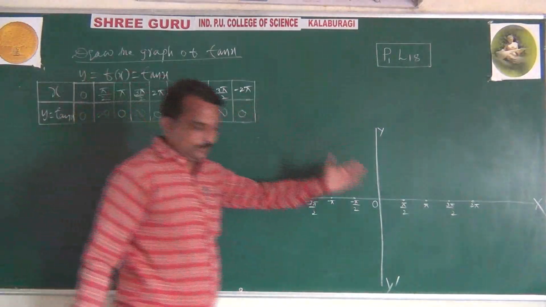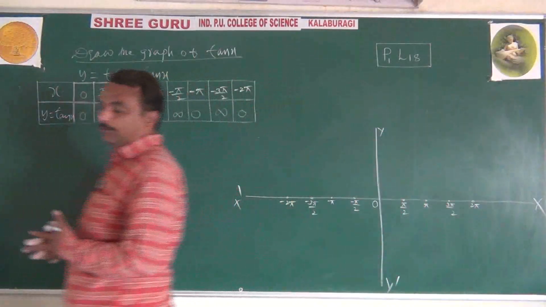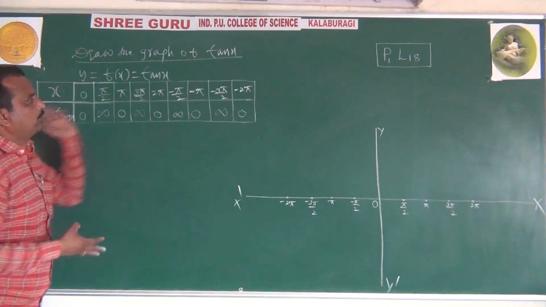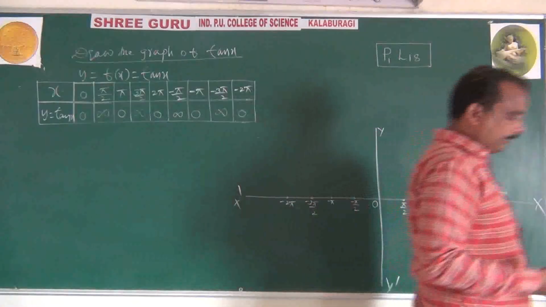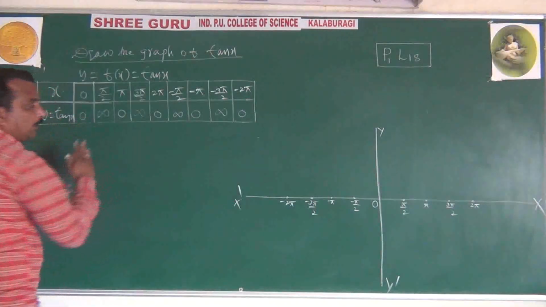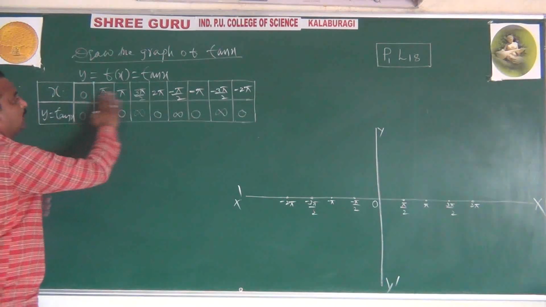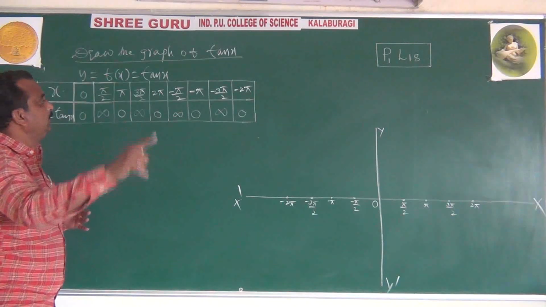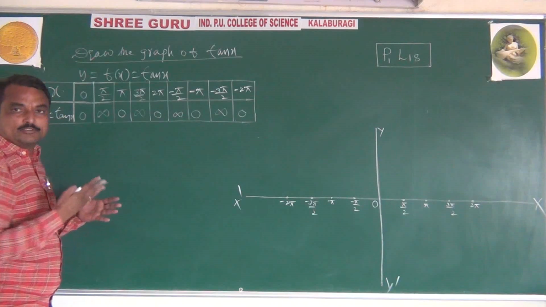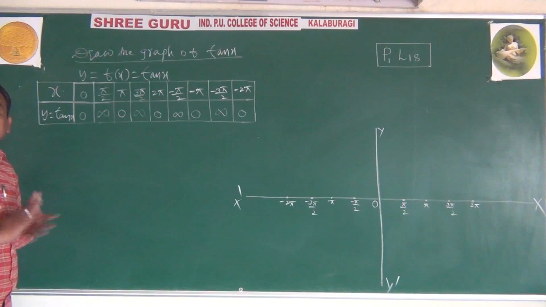Whatever domain we have taken here, the domain is in terms of radians. Here we are calculating the trigonometric functions. You need them in terms of degrees and radians. The set of all real numbers we have converted in terms of radians. Let us see, students. According to this table, we have calculated as in the previous two, the sin x and cos x graphs. The intervals we have taken are 0, pi by 2, pi, 3 pi by 2, 2 pi. Those same intervals we have taken for tan x also. Here we are getting only 0 and infinities.